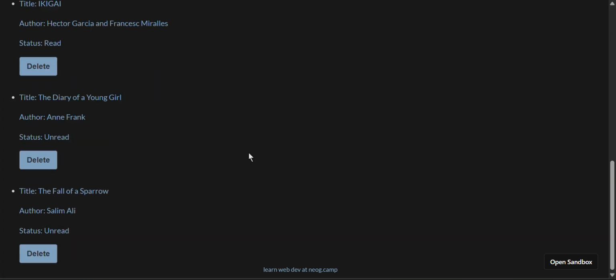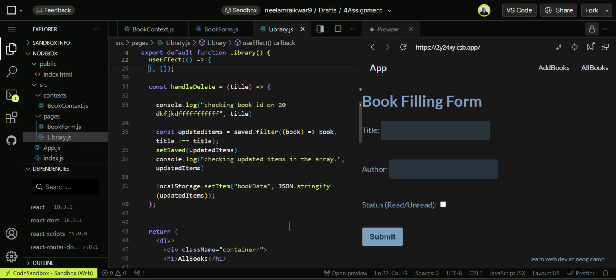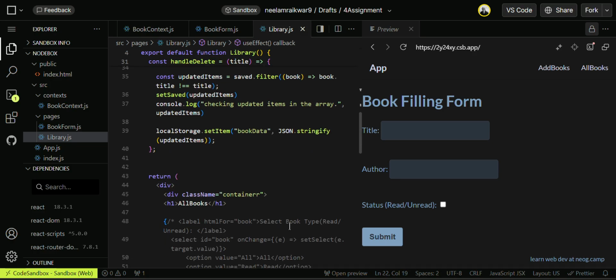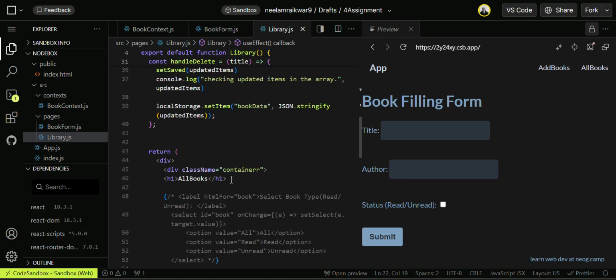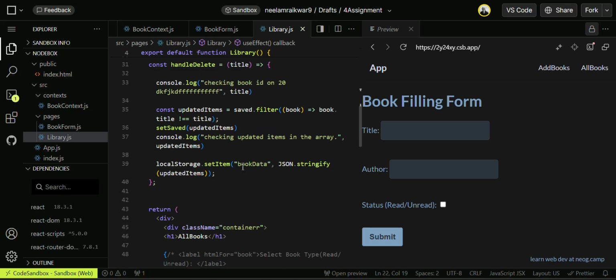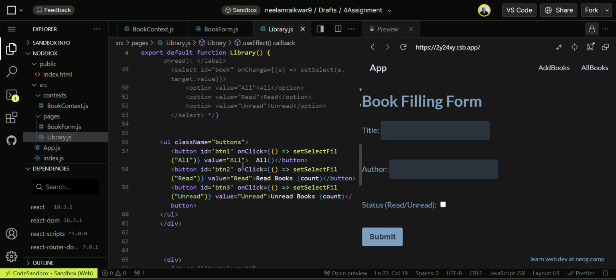This is my data. And then I have used this here.